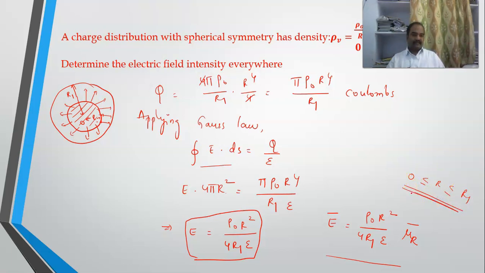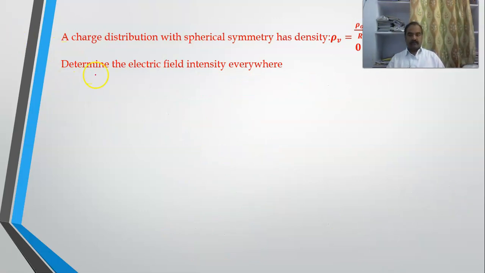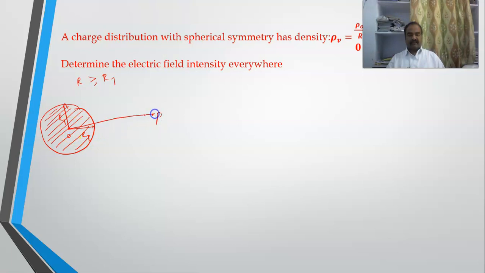Now we will move on to the second region, region number 2, where r is greater than r1. So in this region, you are having an entire sphere. This is O, the radius is r1. So I am considering a point P which is at a distance greater than r1. So this r is greater than r1. So even if you go somewhere here also,